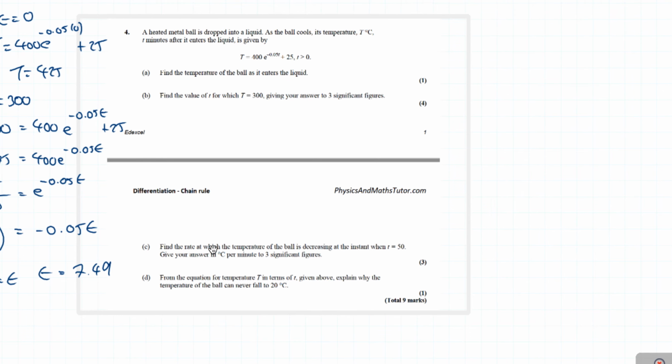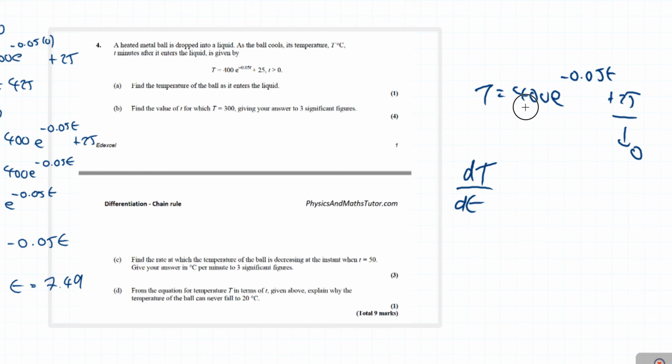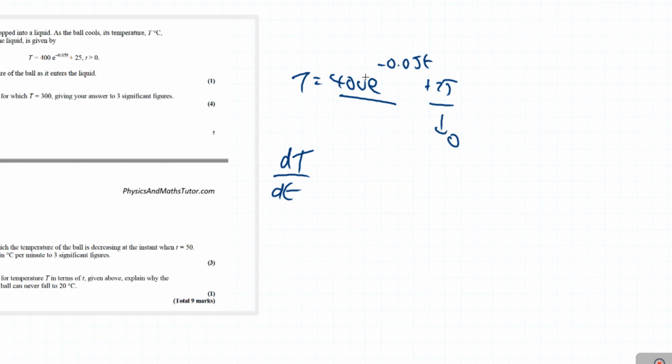Question part C. Find the rate at which the temperature of the ball is decreasing at the instant when t equals 50, giving the answer in degrees per minute to 3 significant figures. So here we want to find the rate, so the rate is going to be dT by dt. So if we start with 400 e to the minus 0.05t plus 25, this will go to 0. So we can use the chain rule here. If we use the chain rule this time,